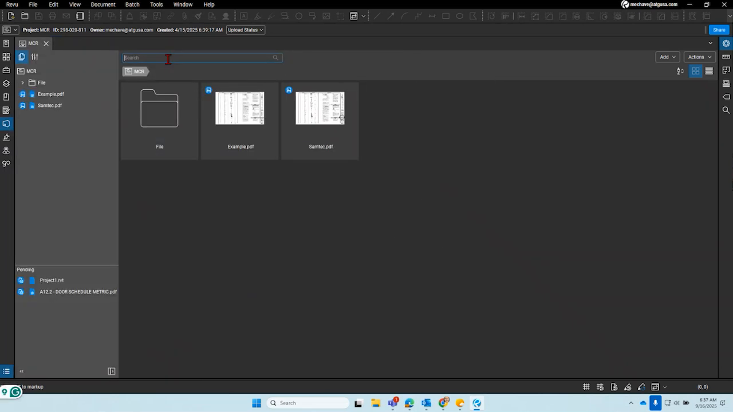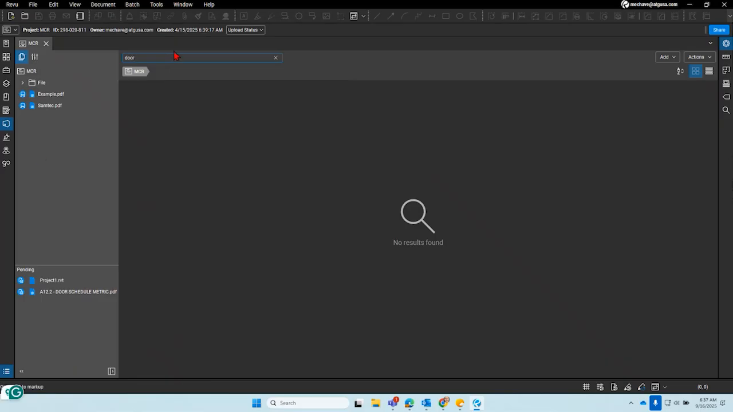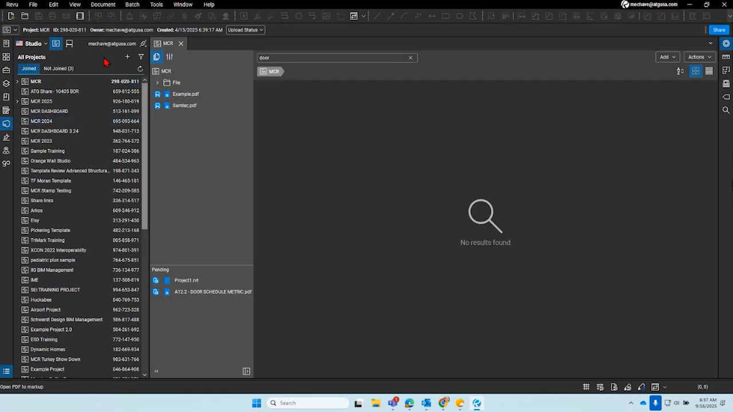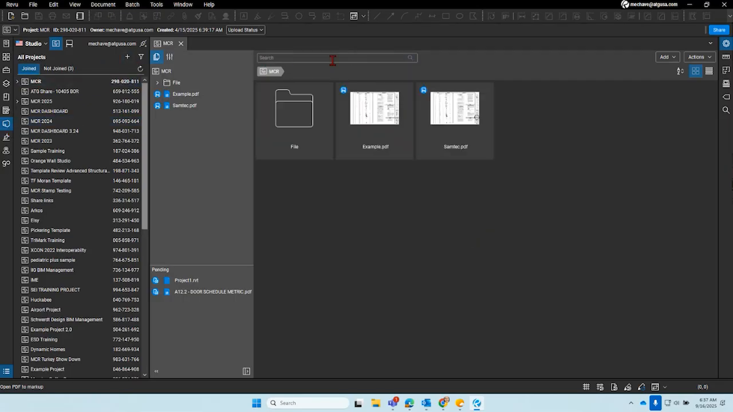So I would say, nope. For me, mine isn't updated. So this is where the new, well, I guess it's not, maybe it is, but in Studio, you're supposed to be able to search better. So the search right now is just for file names. Like if I type an example,